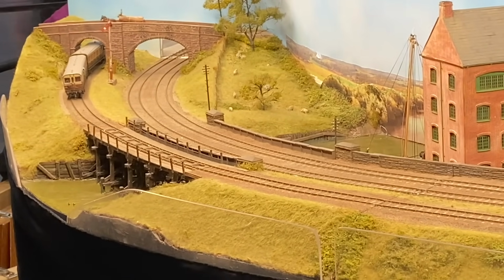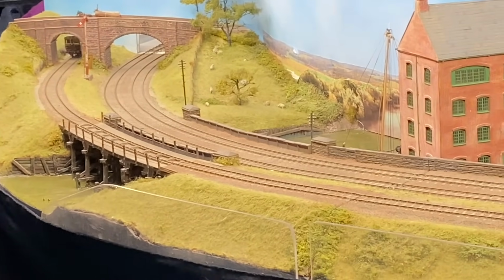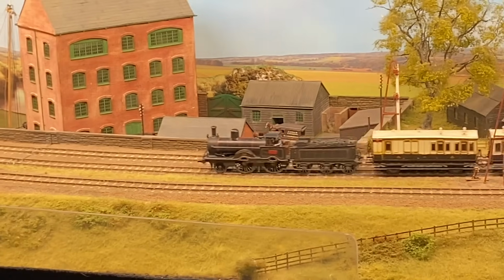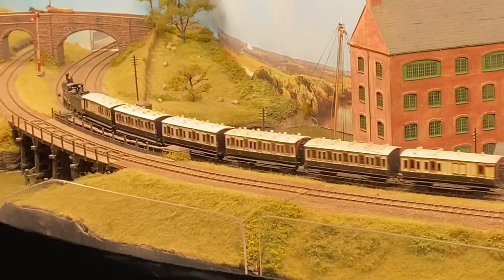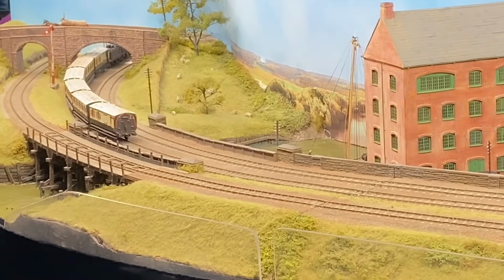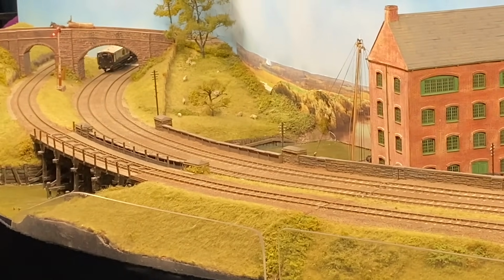The line covered a distance of 50.5 miles, and work commenced in 1850. The line opened from Shrewsbury to Ludlow on the 21st of April 1852. The Hereford section of the line opened on the 30th of July 1853 for goods traffic and for passengers in December. In 1862, the Shrewsbury and Hereford Railway was jointly leased by the London and North Western Railway,